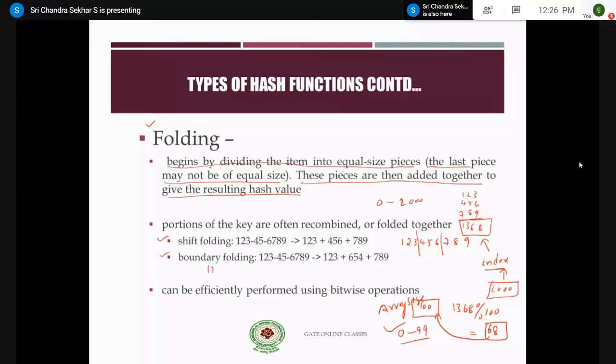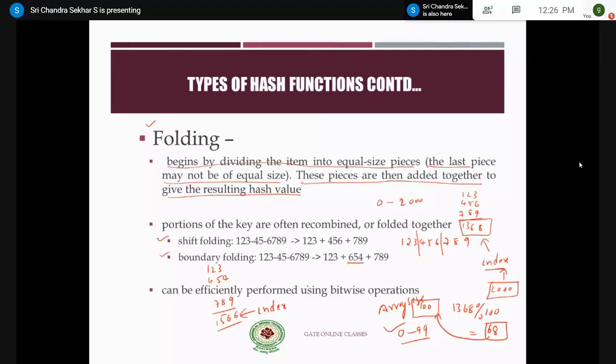That means we have three parts: 123, 456 which is reversed to 654, and then we have 789, right? So 1566 will be the index. Again, if this index or the hash value is not within the range, you go for the modulo division operator with the array size.